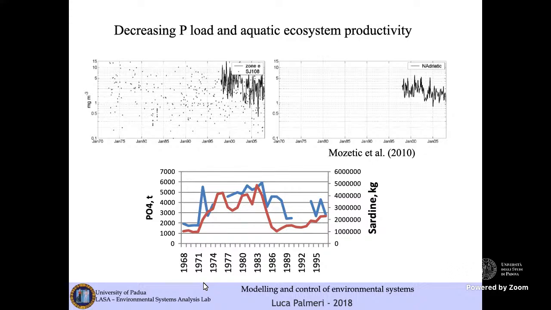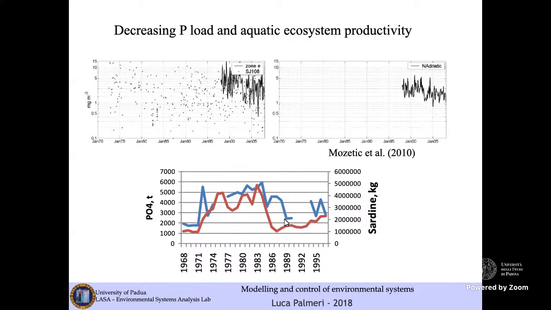So we have, you may recall from Monelli's lecture, modeling nutrient emission into river systems. You may recall that in this part of the Mediterranean Sea, the Adriatic Sea, we have a very important discharge coming from land, that is the discharge due to the Po River, 1,500 cubic meters per second on average. And these discharges bring down a lot of nutrients, in particular nitrogen and phosphorus, while you have the blue line